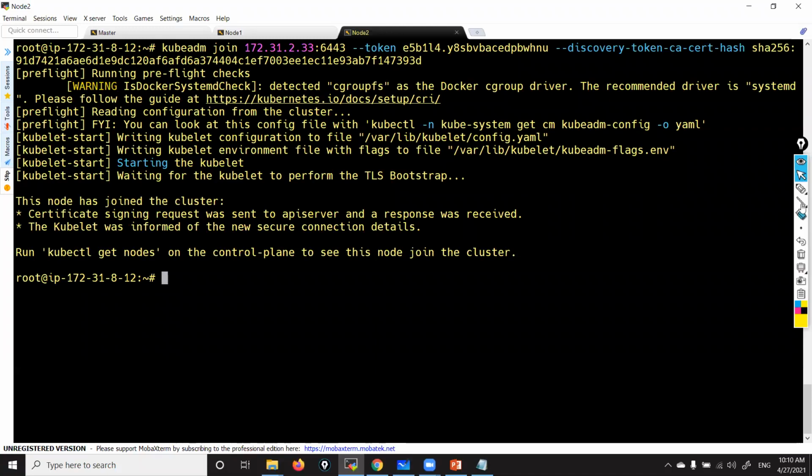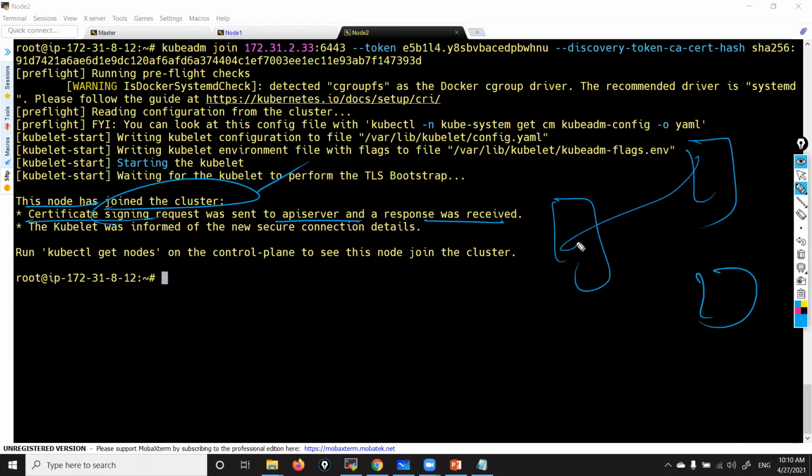Okay. Now observe carefully what they're saying here. They're saying that this node has joined the cluster. This node has joined the cluster. Certificate signing request was sent and response was received. That means the request has been sent from the node and received by the server. Connection, everything is fine, because we ran these commands in the nodes, right? That command is related to the server. So the connection happened successfully. Now what they're saying is, run kubectl get nodes